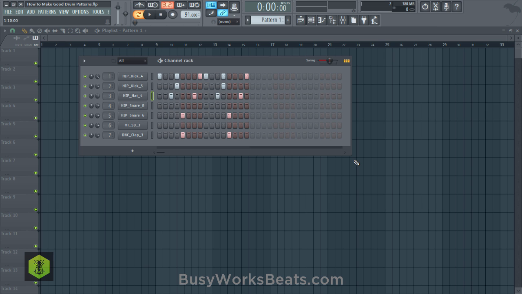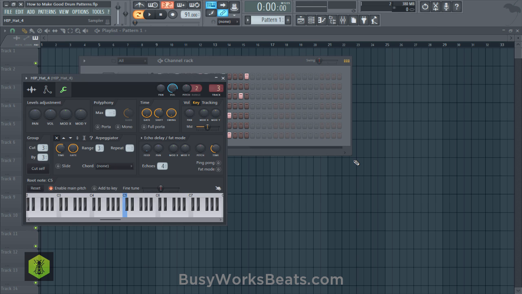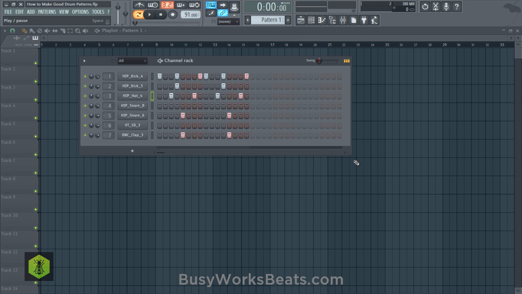So, without the swing, for example, here's what it's going to sound like. Even that's a good pattern, but the reason it's a good pattern is because we've added so much time shift and time delay between the elements, so everything isn't hitting on the grid. So even this sounds good.